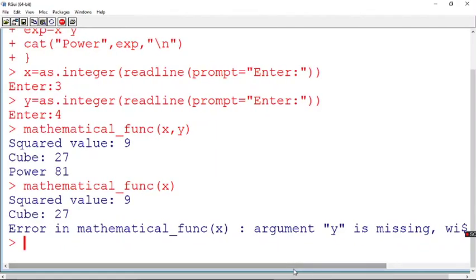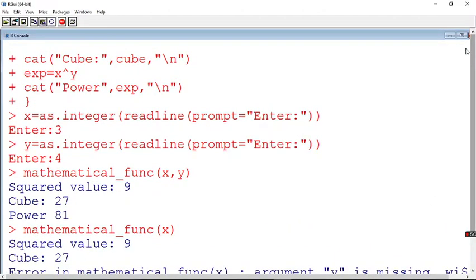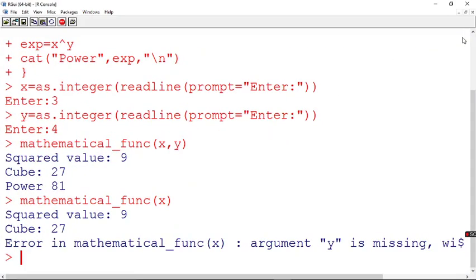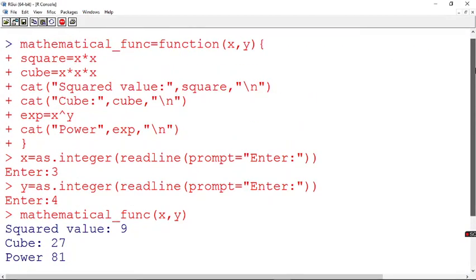So this is the meaning of lazy evaluation. So what is lazy? This R console is not going to verify at the initial moment whether all the arguments required for the function are given. Whenever that value is going to be used inside your function, only then it will start checking it and throw an error. Otherwise it will not give you an error.